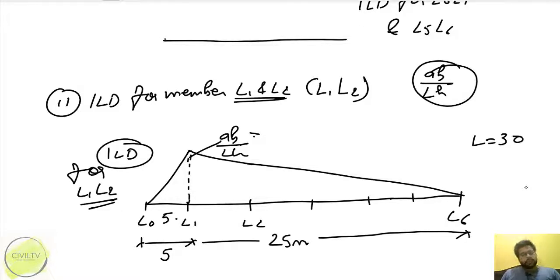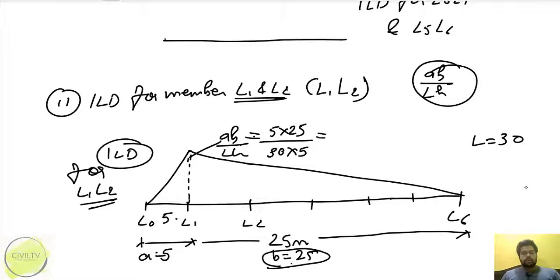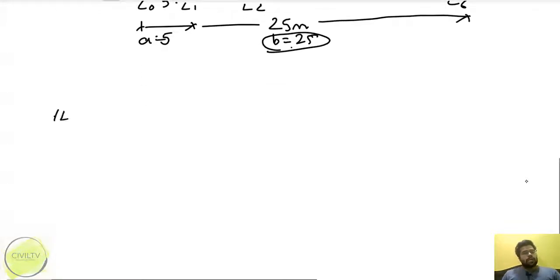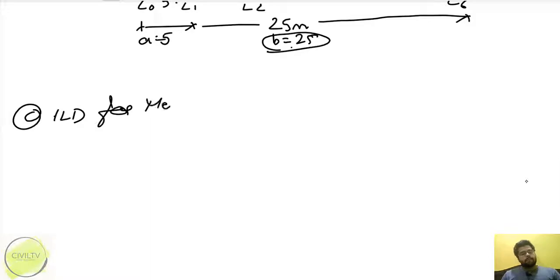If this is A and this is B, all right. So if this is 5 meters, so the other proportion will be 25 meters, so it will be 5 into 25 upon what is total length 30 into what is height 5, all right. So we'll get the value, ठीक है. So next ILD for member